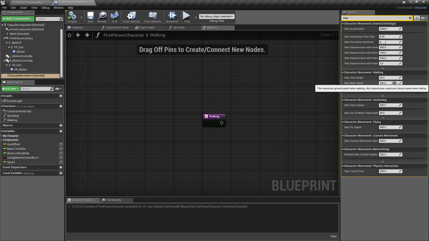What we're going to do is bypass this max walk speed using the functions that we created and the variable that we're going to use in these functions.